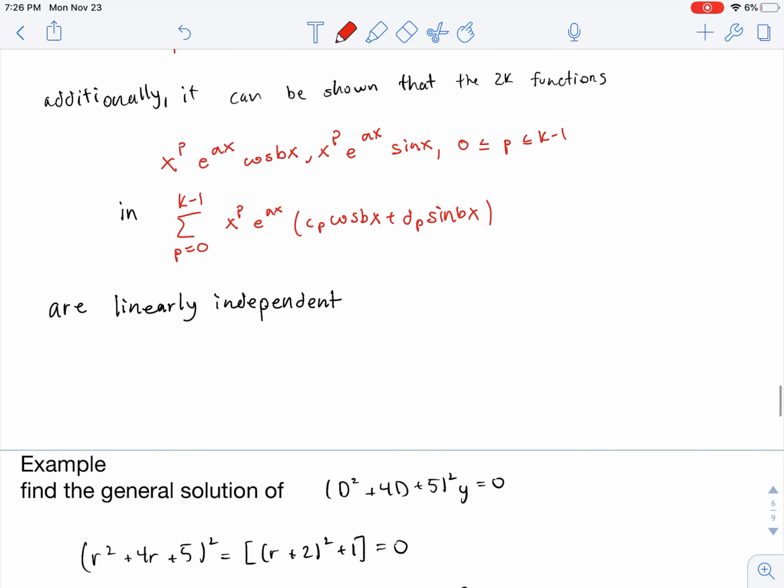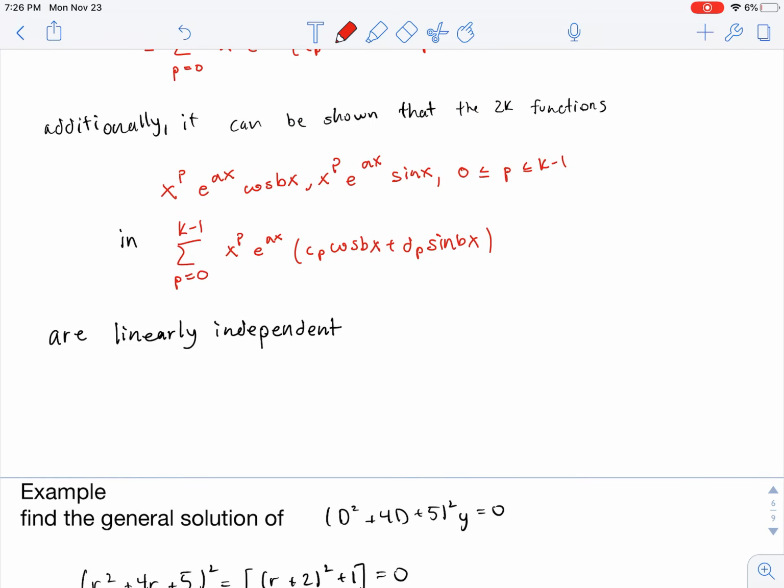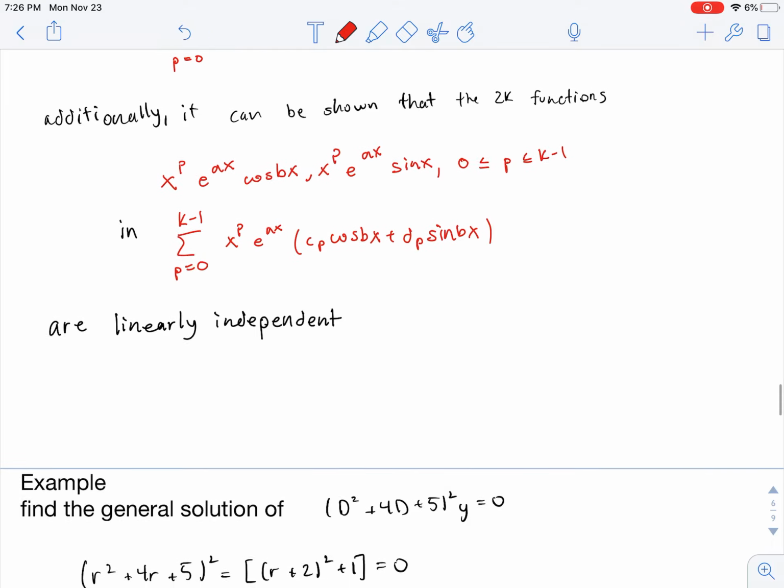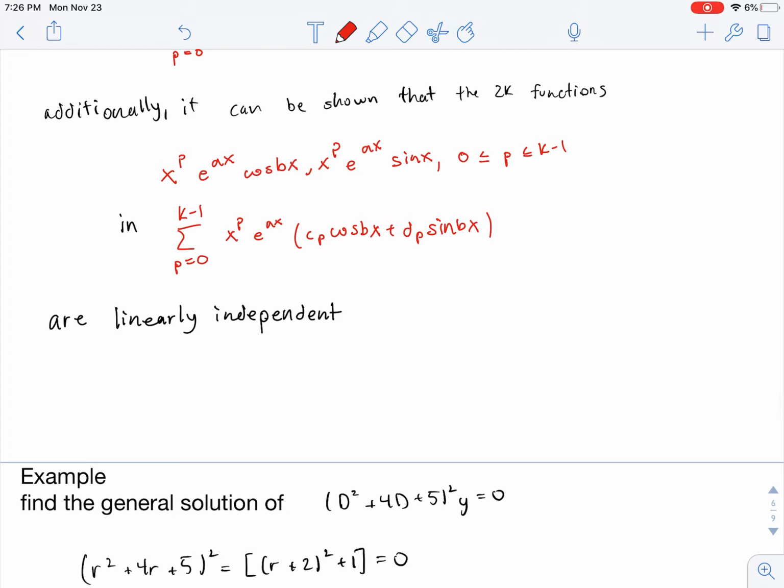So now we'll be moving into an example. Find the general solution of D squared plus 4D plus 5, quantity squared, times y equals 0. Again, now will be a good time to pause, and I'll be going through it. So again, we are just substituting r in, but in this case, instead of for y, we'll be substituting it in for D. So r squared plus 4r plus 5, quantity squared,